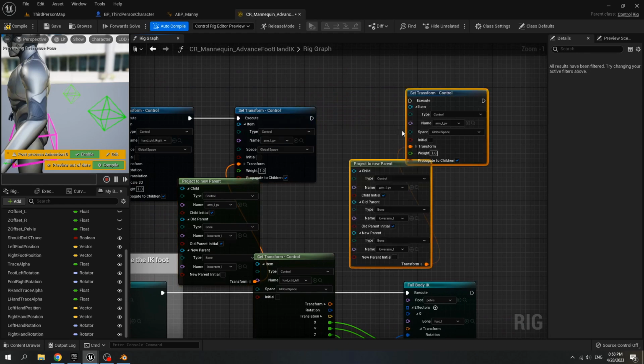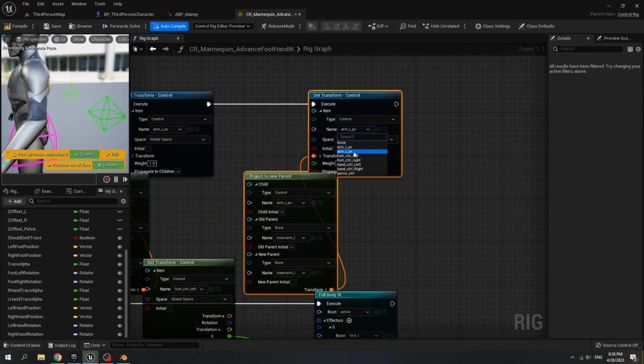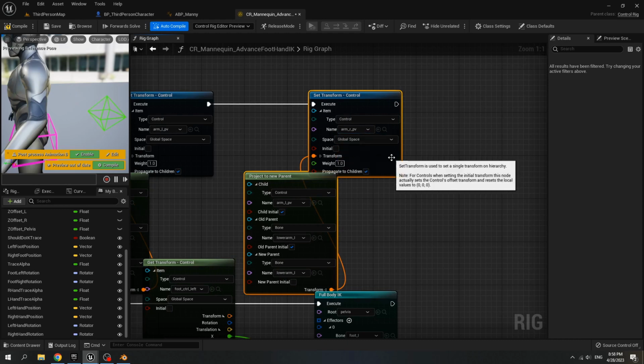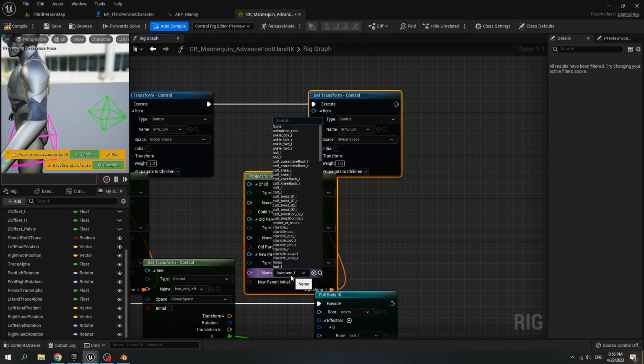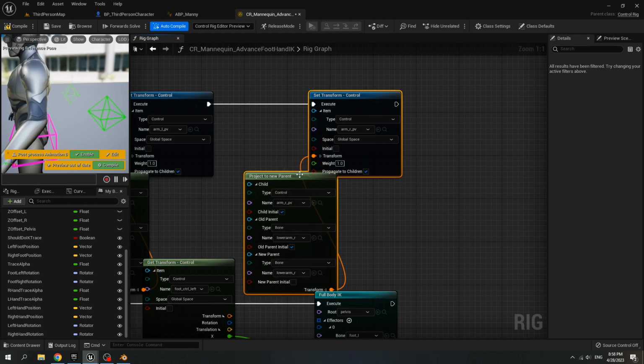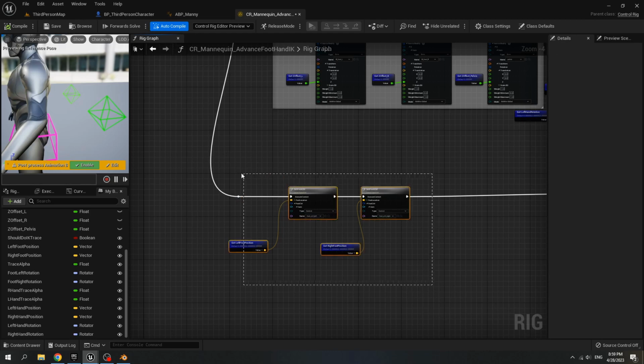Copy this and paste it. Connect to execute. For the control, name is ARM OPV, and the bound is lower arm O, and new parent lower arm O. Before we set foot control,